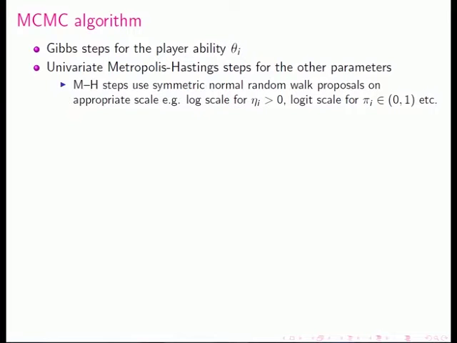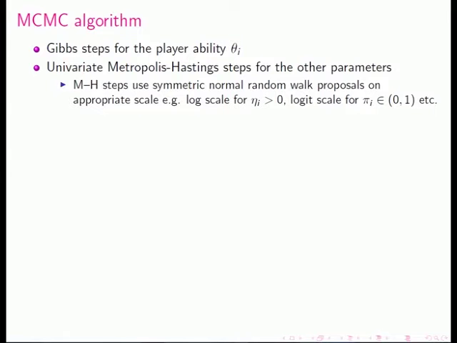So what are we going to do? Well, we've specified a model for the outcomes of runs, and we've specified a prior distribution. So all we're going to do now is to build some MCMC algorithm to simulate from that. Now, these thetas were normal with a conjugate prior, so these are just nice Gibbs steps. A lot of these other parameters, we're going to use Metropolis-Hastings steps with symmetric normal random walks on whatever scale